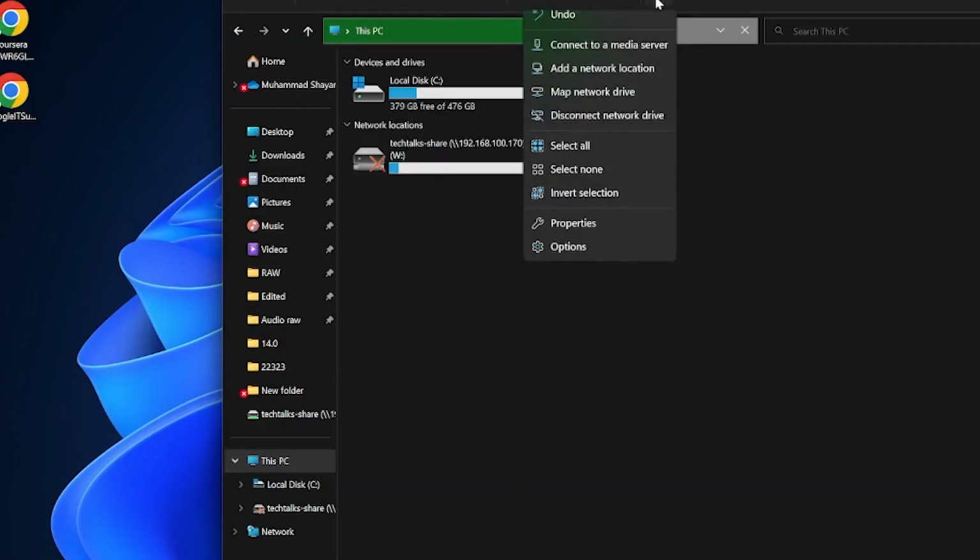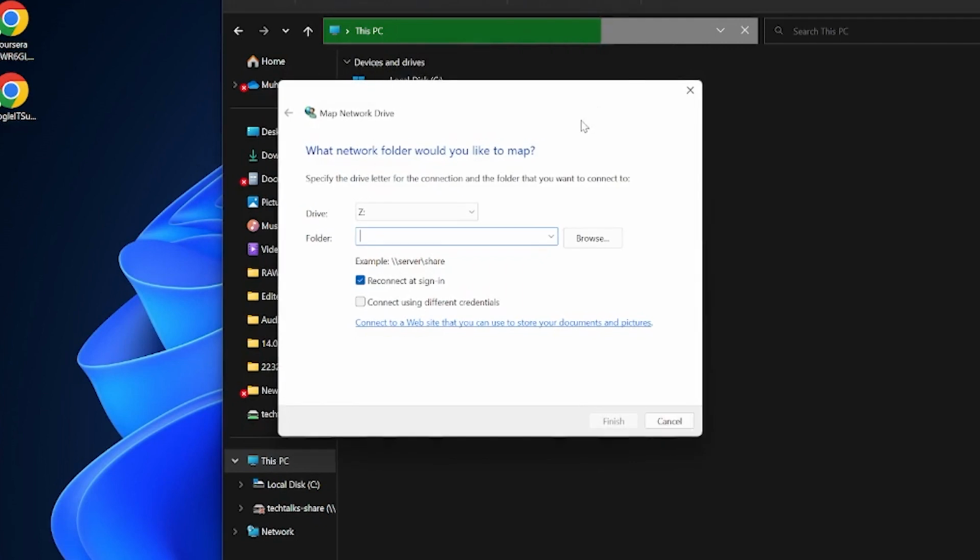Now we are going to obviously share our folder or a drive to our network. For this, we're going to map a network drive in our File Explorer. We are going to map a network drive by going to map network drive, clicking on the three dots. Here we can choose our drive name. I'm going with W and mapping our drive by, first of all, adding two backslashes,